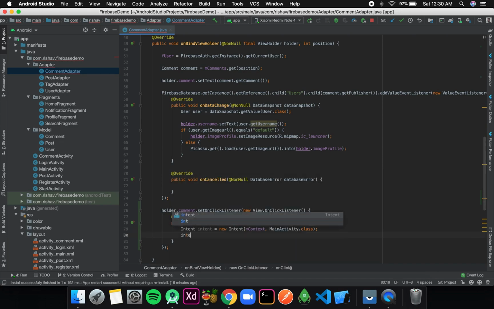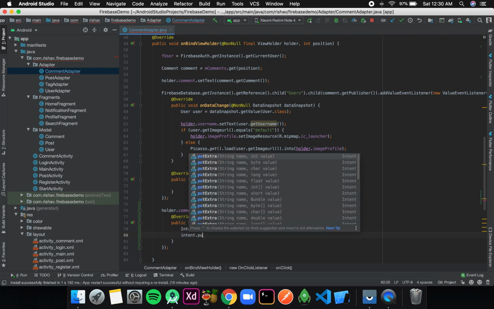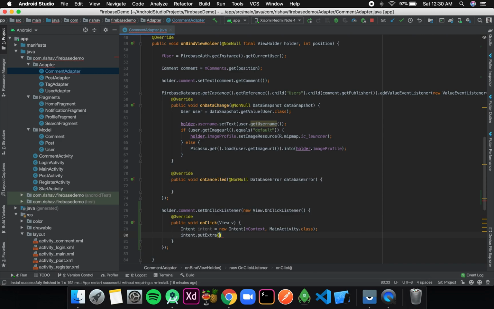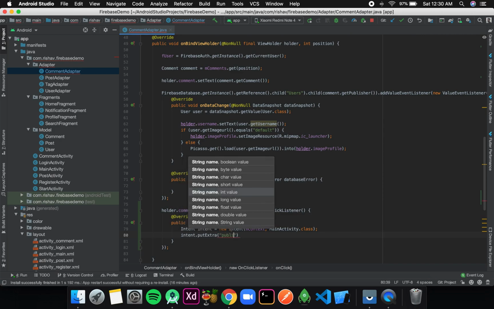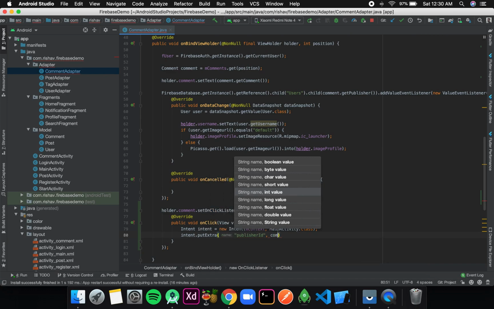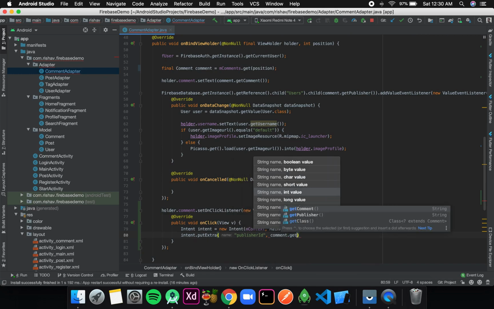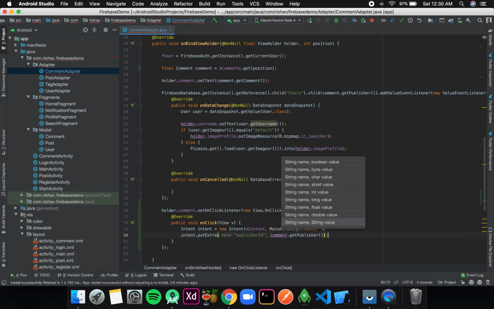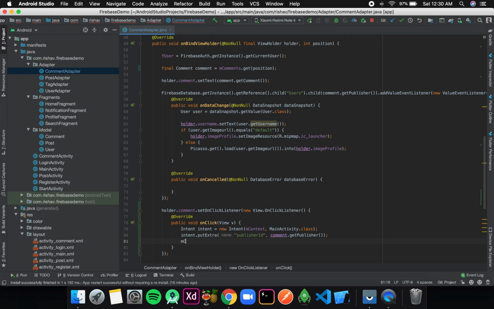Then I will put some extra details, intent.putExtra, and the extra is publisherID, which is stored in comment.getPublisher. Then I'll start this activity, mContext.startActivity, intent.